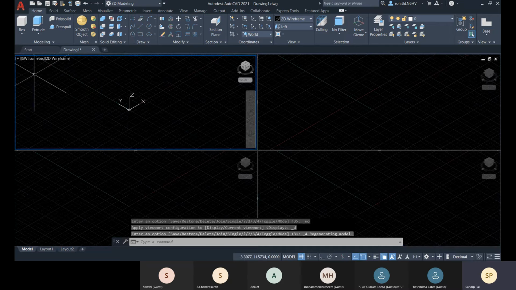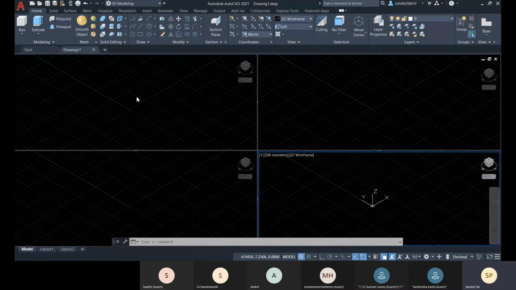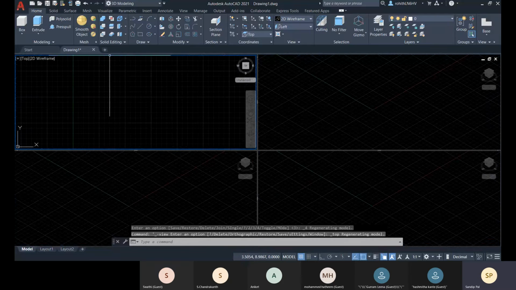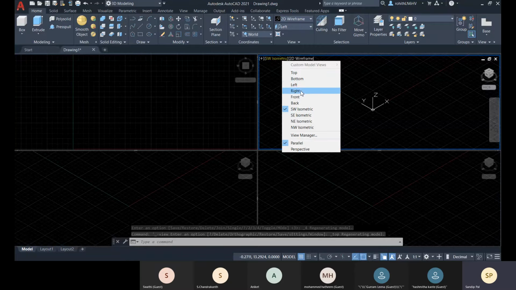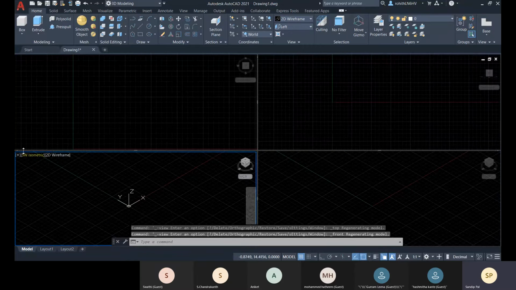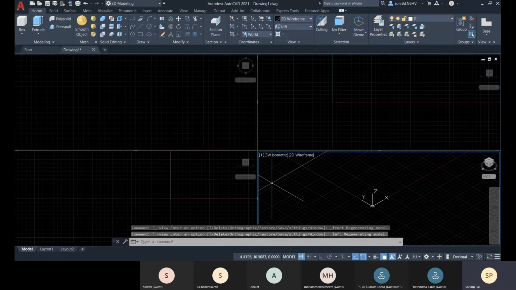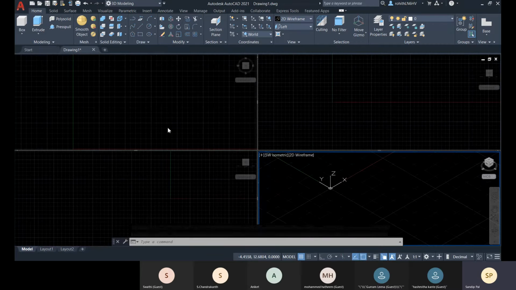Now you see that we have 4 equal viewports. Within this viewport I can set top. Within this viewport I can set front, here I can set left, and here it is SW isometric. That is fine.